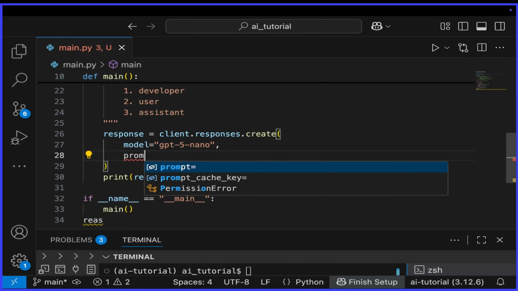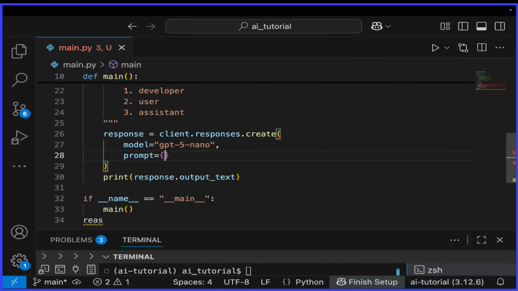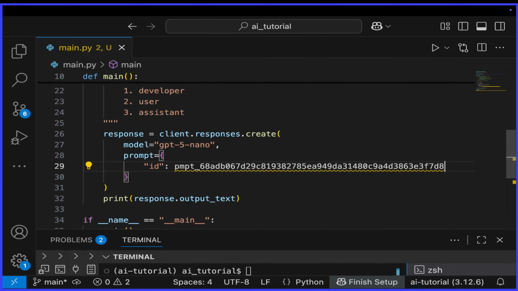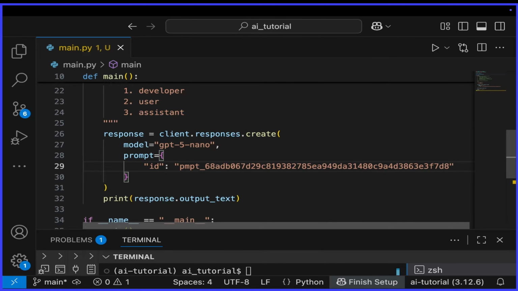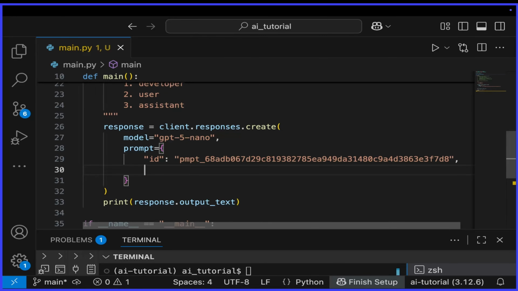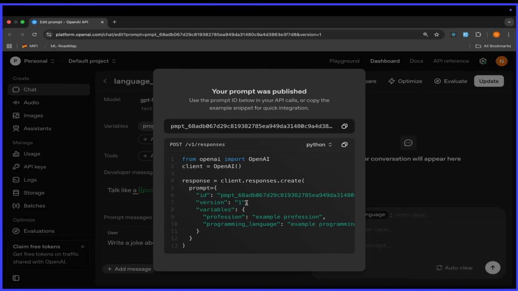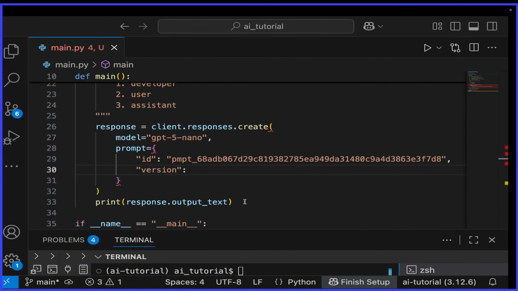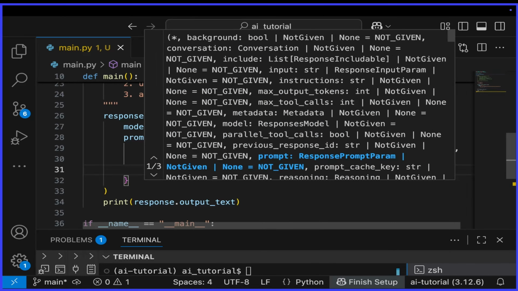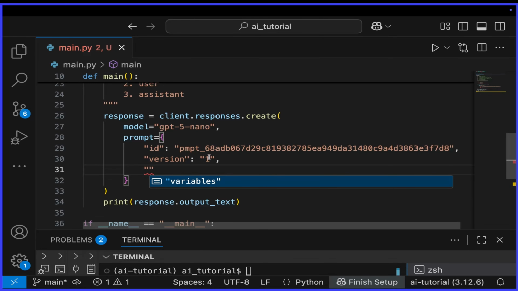So I'll say prompt is equal to a dictionary, and then we need to specify the ID of our reusable prompt. Okay. And it's the ID we just got from the OpenAI dashboard. And then on the next line, we need to specify the version of this prompt. Very important that you know the version. And like we see here, this is version 1 of our prompt. So I'll simply say, this is version 1,